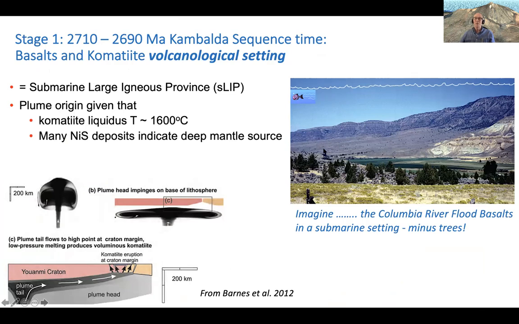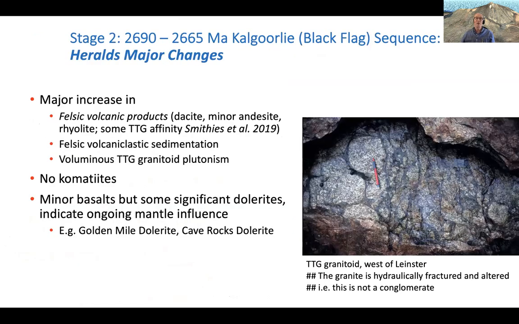So if you like, imagine a young flood basalt province such as the Columbia River basalts that has been erupted underneath water, and you have it for the Kambalda sequence setting. During Kalgoorlie sequence time, there were major changes, and these include an increase in felsic volcanic activity, represented mostly by